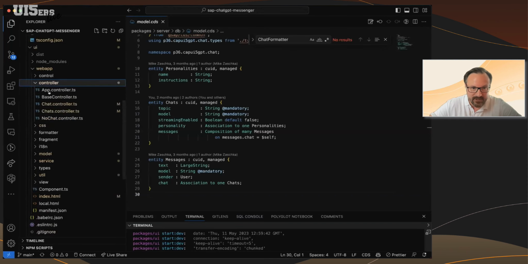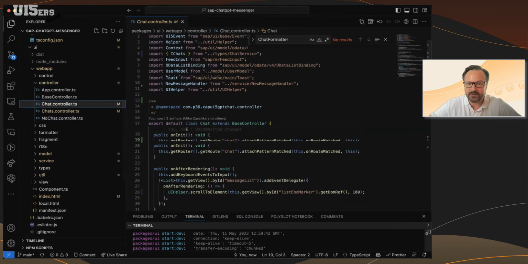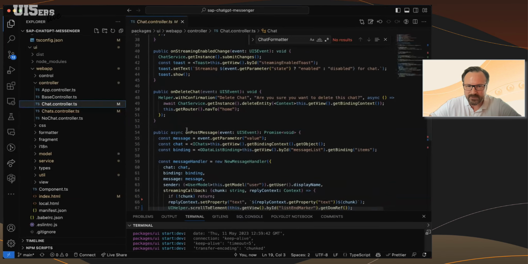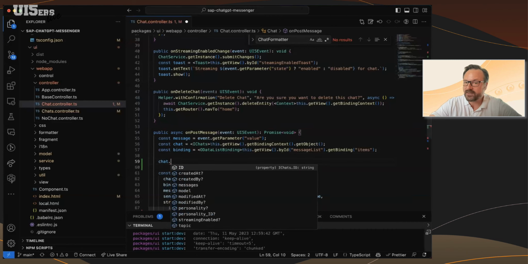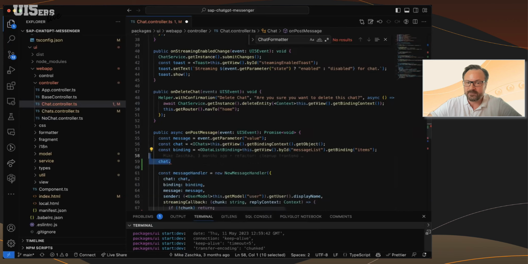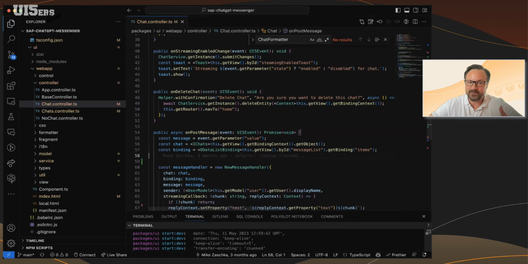Let's open a specific controller and see where I have used this. In my chat controller, I bound the chat object to the view, and when I access this, I cast it into a chat. This is pretty awesome because whenever I access the chat, I have the full properties of the chat available, right? That's all the properties that I defined in the data model. I have set this project up in a way that whenever I